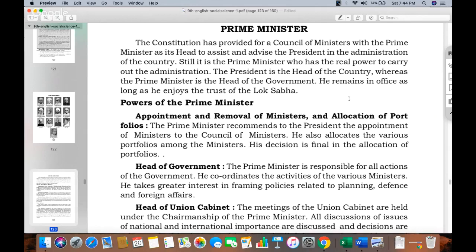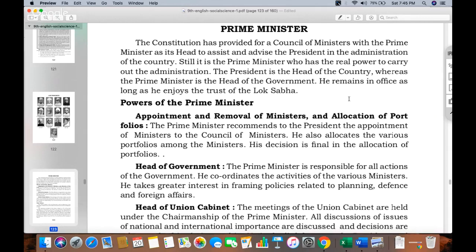The Prime Minister can give any advice to the President, and if it is not his discretionary power, he has to do it. Like if India is going for a war, the President cannot decide when India will go for war and when it will not. The Prime Minister and his Council of Ministers will decide that now it is time to retaliate or attack any country, and they'll go and tell the President that we are taking this decision, and the President has to agree with this decision.